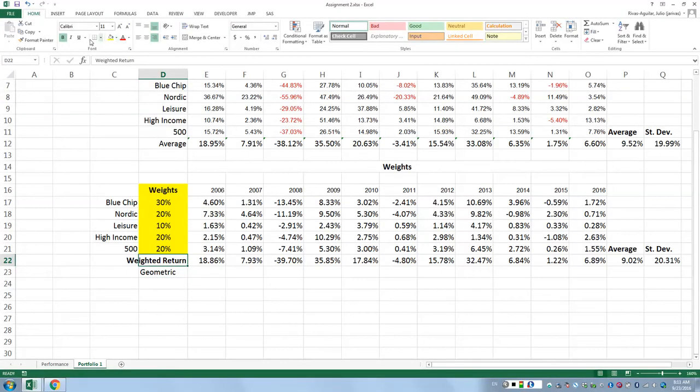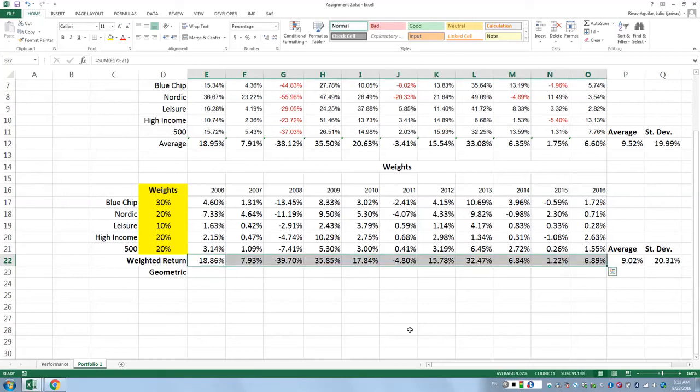The geometric return is a formula that we're going to be working with later. But what it does is it basically tells us what is the average return if we think of it in terms of time value of money. Think of that as our I over Y variable, if we start in 2006 and then in 2010. Now, all of these returns are going to be different based on the year. However, if we calculate the geometric return, we're going to get a rate in which we can generalize.